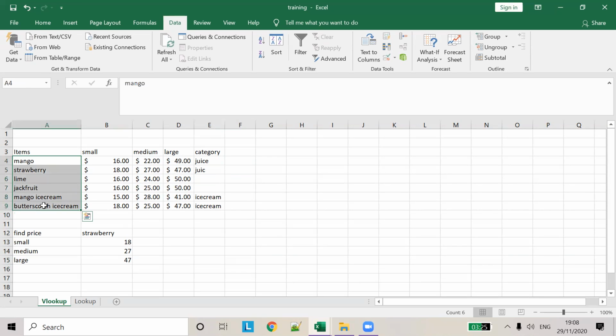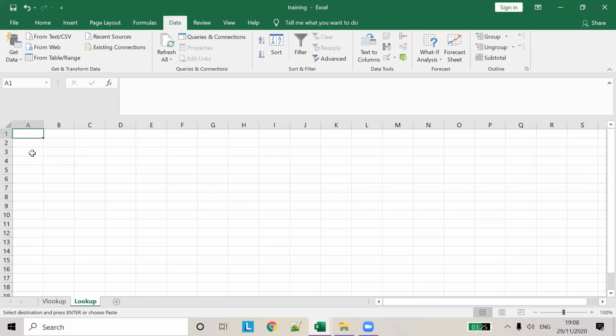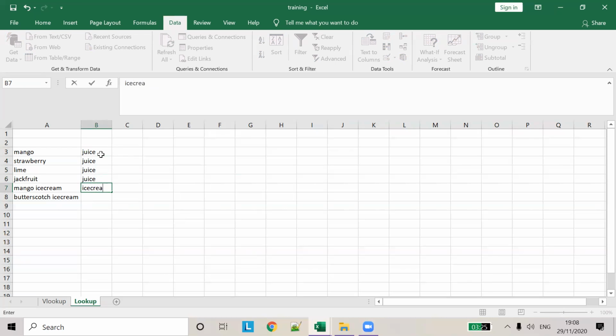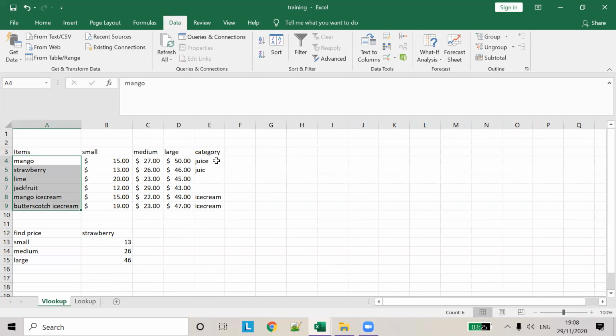So let's copy this table and create it here. So mango, and let's categorize each of these items. So this is a juice, juice, juice, juice, juice, ice cream, ice cream. So save, and now we have to find the category, so is equal to,